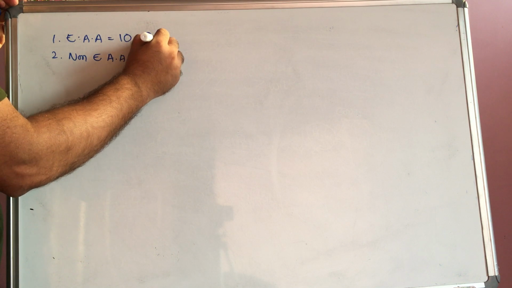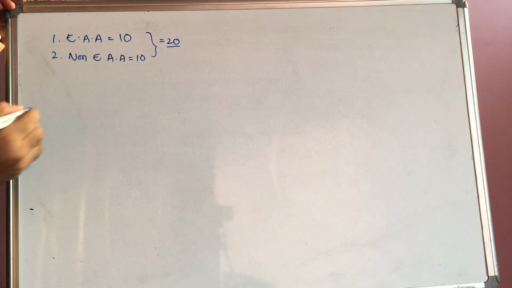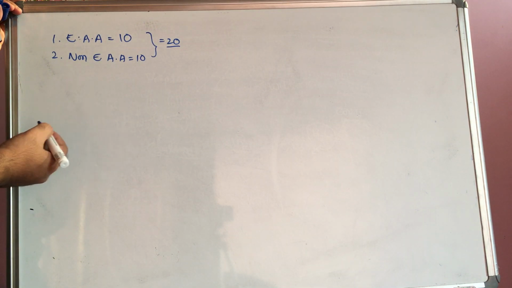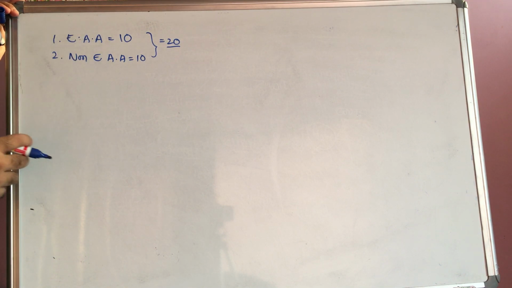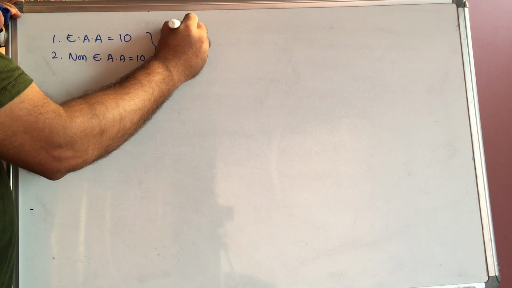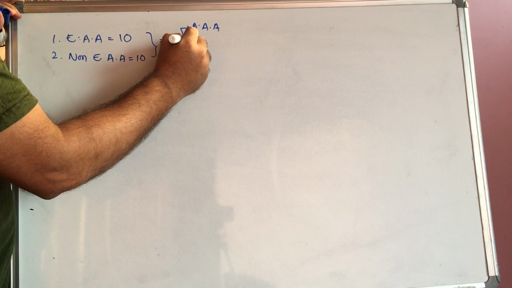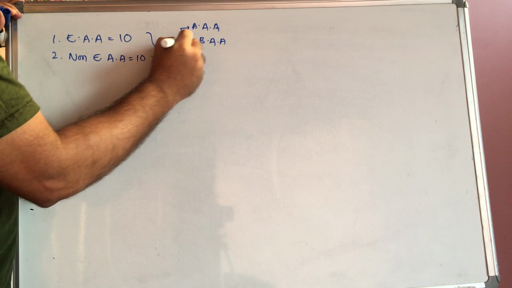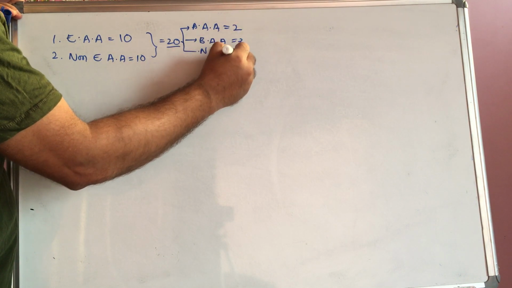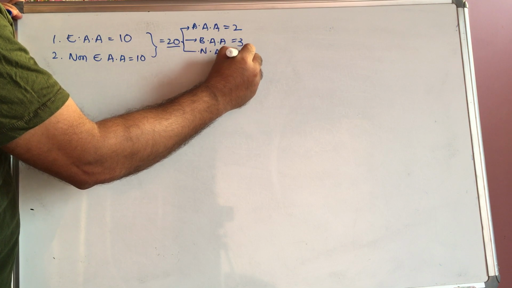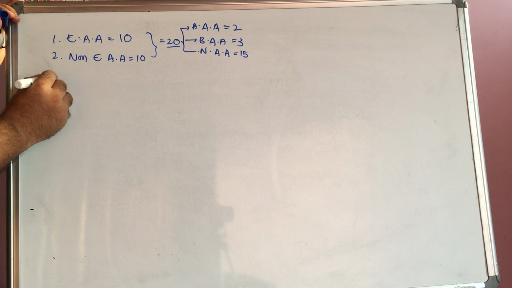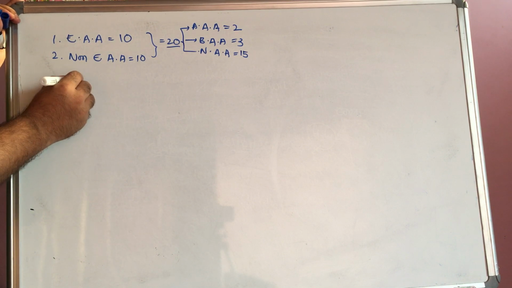In this, the total 20 are protein-forming amino acids. Nearly 700 non-protein amino acids have also been identified, but these are very important amino acids. In these 20 amino acids, again there is a classification: acidic amino acids, basic amino acids, and neutral amino acids. These are 2, these are 3, these are total, this is 15. And in these amino acids, one of the very important parts is, except